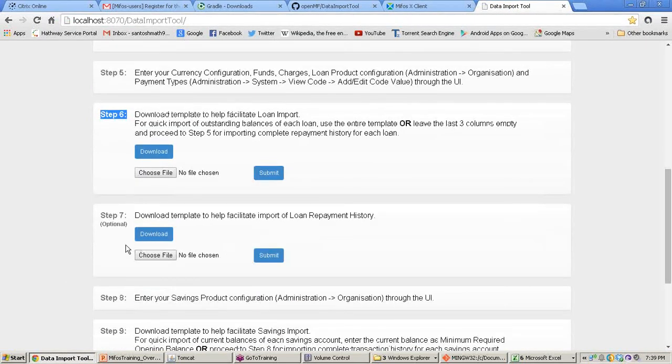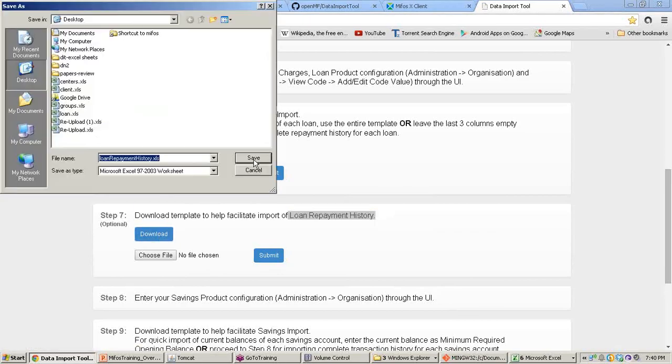Next, for example, the client wants to repay the amount every week or maybe every month. For that loan repayment, you can download the Excel file. Just download it.